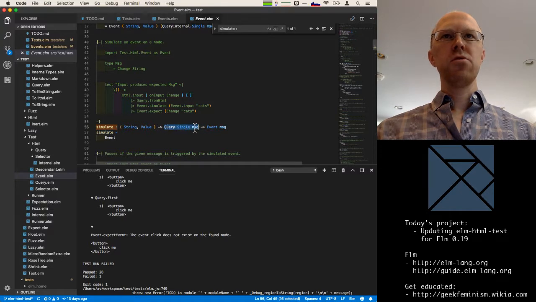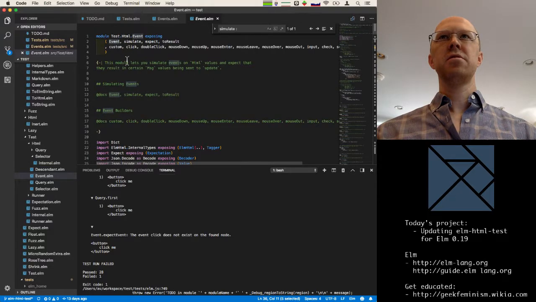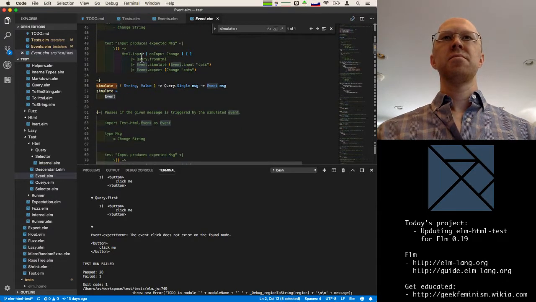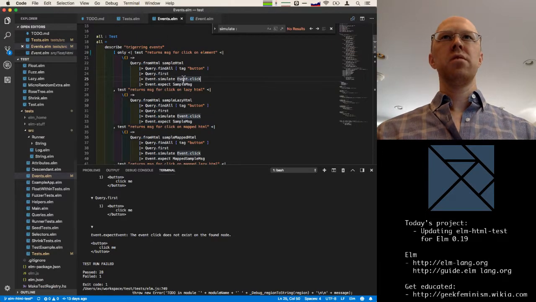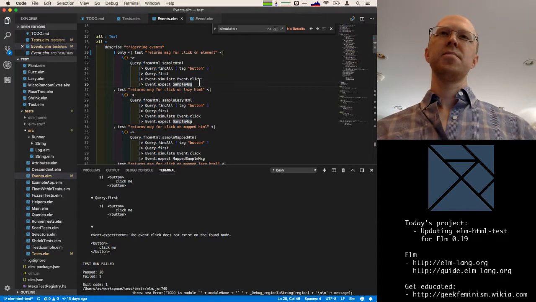And we give it to some element that we found with elm-html-test, and it should give an event back. What is event? I believe its constructor is not exposed. So we'll get an event back. Ah, I see. And then we use event.expect to ensure that that event is producing a sample message.